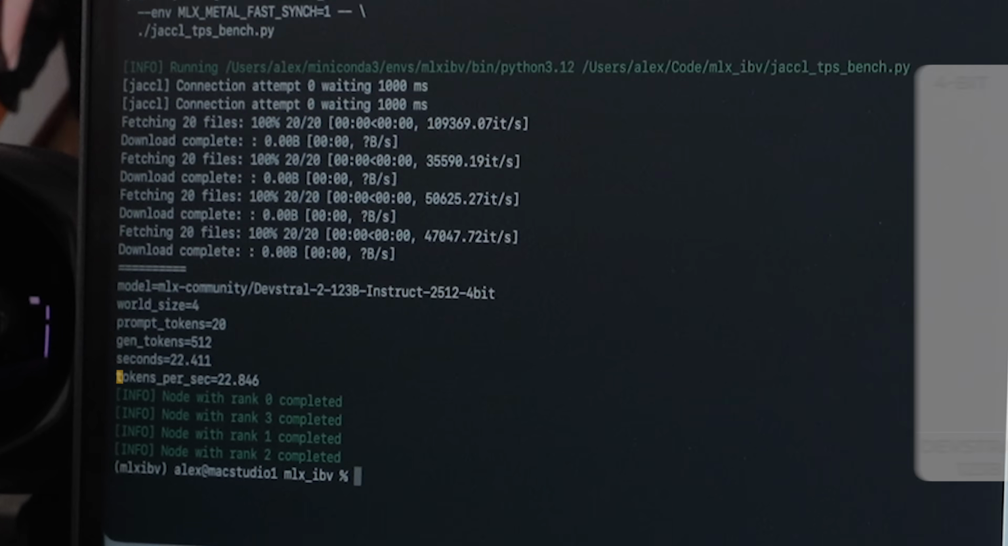Look at that, 22 tokens per second. We've more than doubled the throughput of tokens per second when using more machines. That's what RDMA gets you. Now, not only do dense models get you faster performance when sharding with tensor parallelism, but also this was quantized down